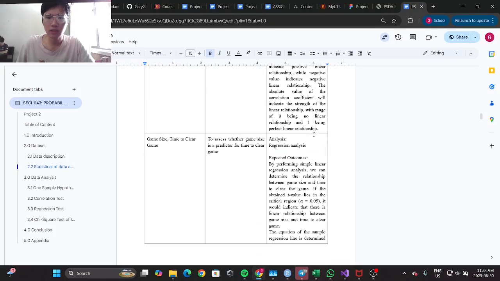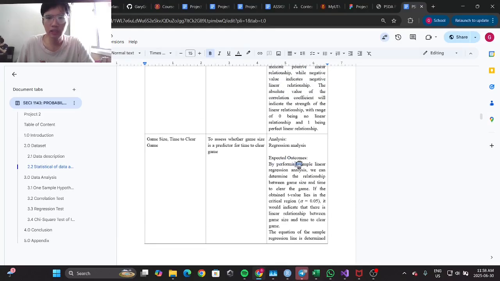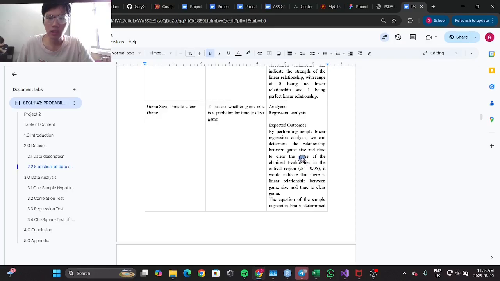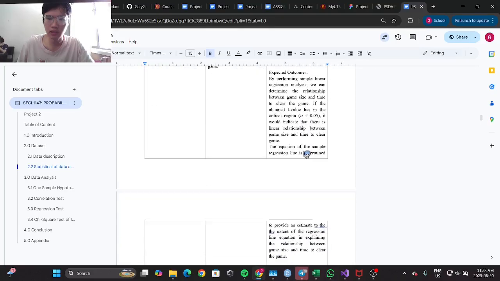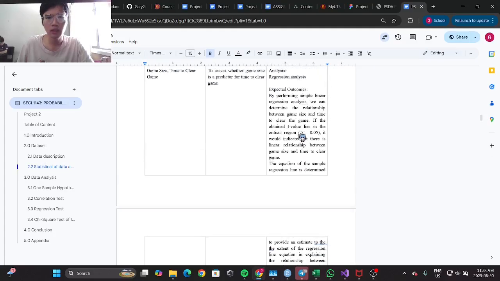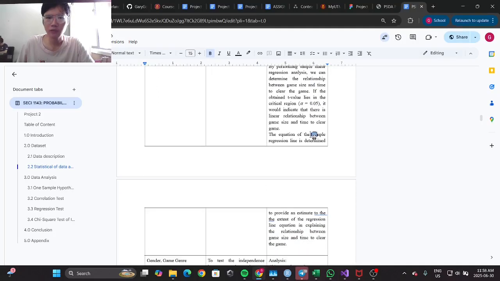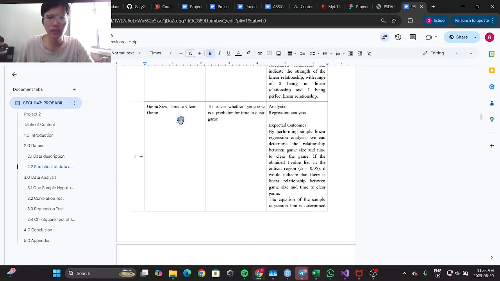Next is the regression analysis on game size and time to clear game. We're doing the regression analysis to assess whether game size can be a predictor for the time to clear a game or not. So we'll be formulating the linear regression equation, y equals b0 plus b1x. From that equation, we can test through the t-test whether there is a linear relationship between game size and time